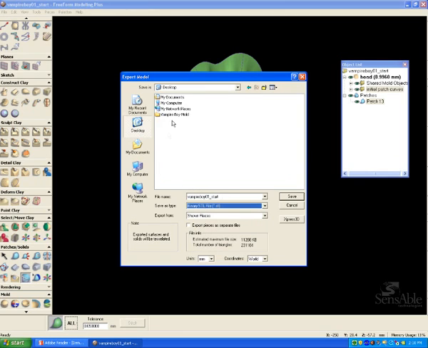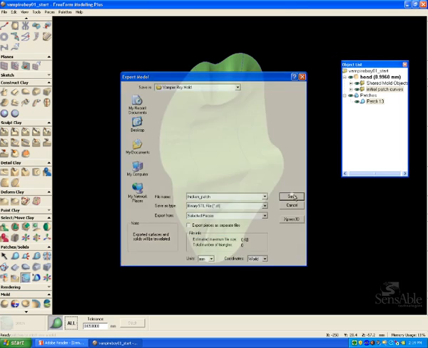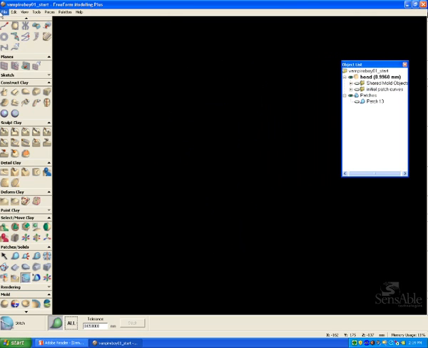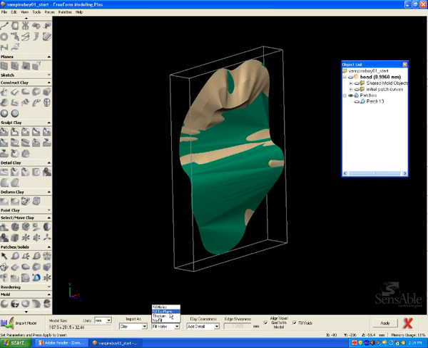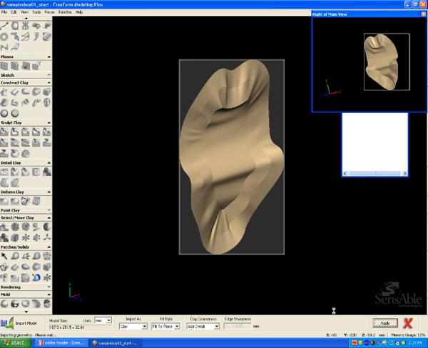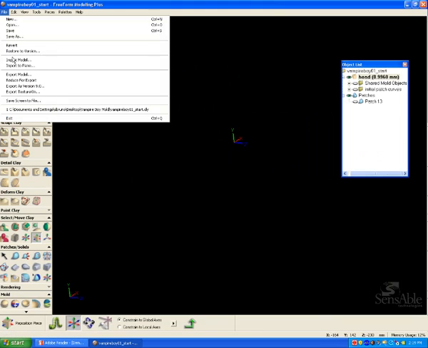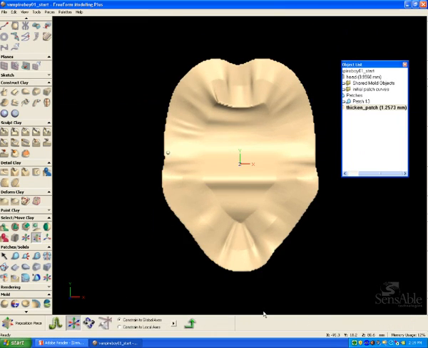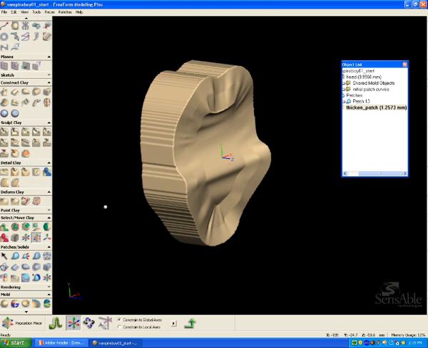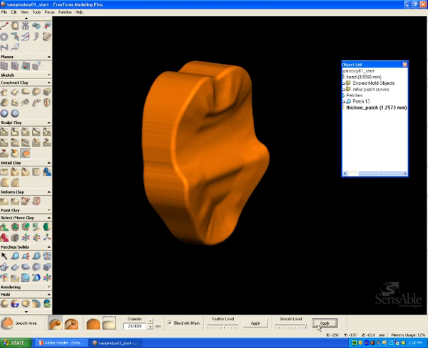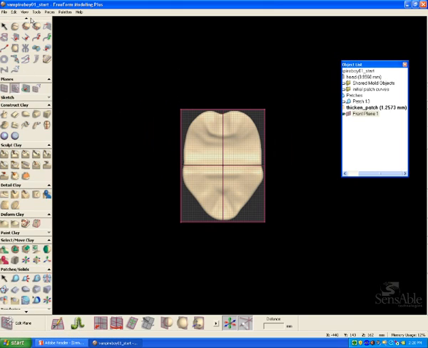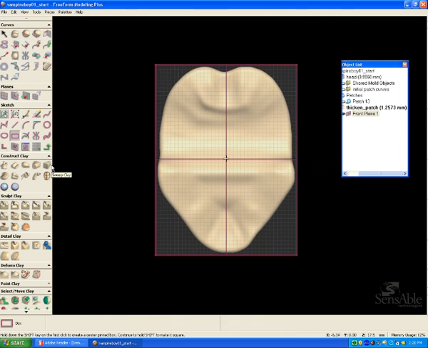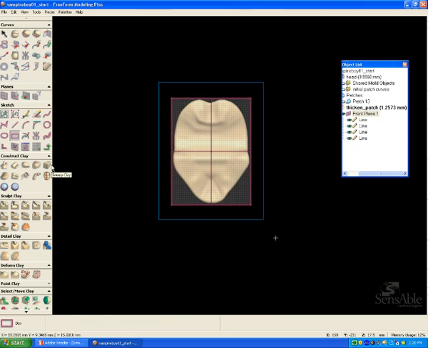Right now what I'm doing is I'm exporting this patch as one surface as an STL, and what I can do now is I can take that original STL and import it right back into FreeForm Modeling Plus. I can use the fill style fill to plane, and what I'm doing right now is exactly that. I'm using that fill to plane tool, and what it does is it gives me a thickness for that surface. So you can see it does have a specific thickness that I did add using a numerical input on the